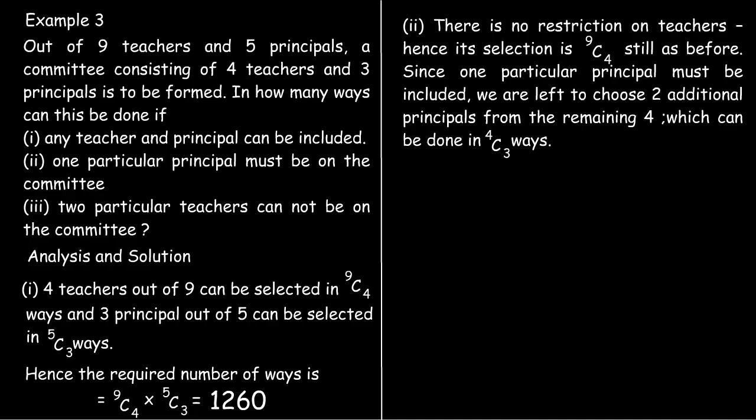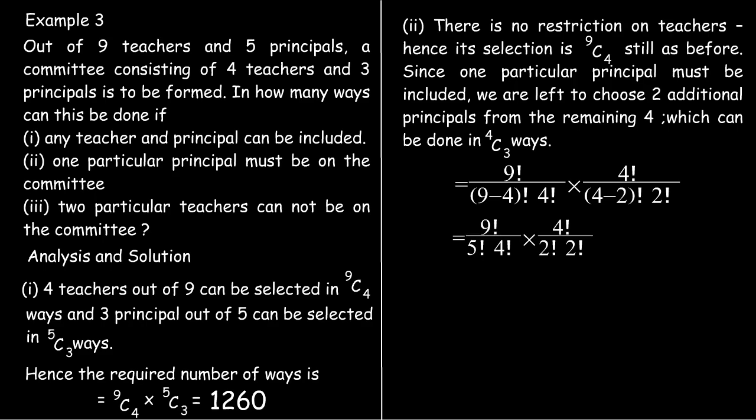Since one particular principal must be included, we are left to choose 2 additional principals from the remaining 4, which can be done in 4 combination 2 ways, which will be equal to 9 factorial divided by (9 minus 4) factorial, 4 factorial, that's for 9 combination 4, times 4 factorial divided by (4 minus 2) factorial, 2 factorial, that's for 4 combination 2. So this will be equal to 9 factorial divided by 5 factorial 4 factorial times 4